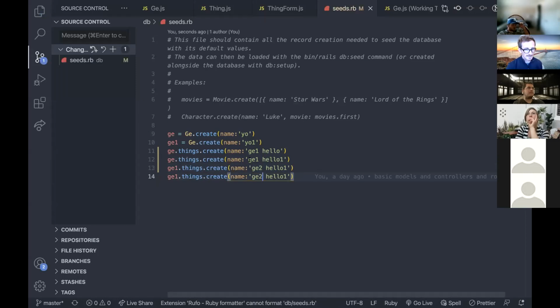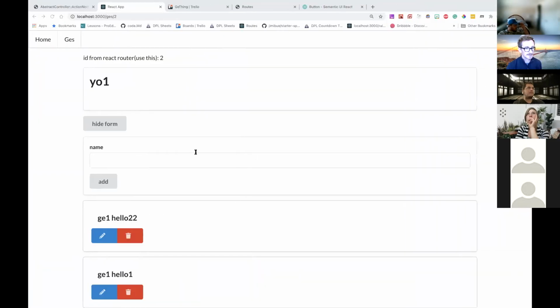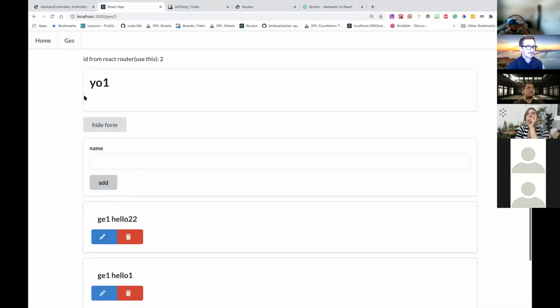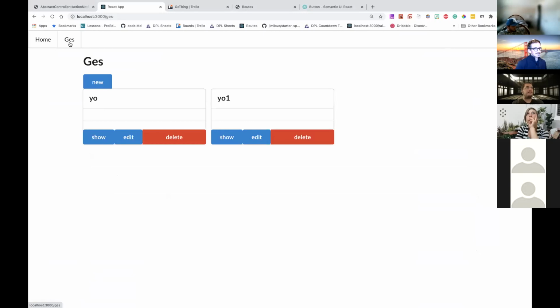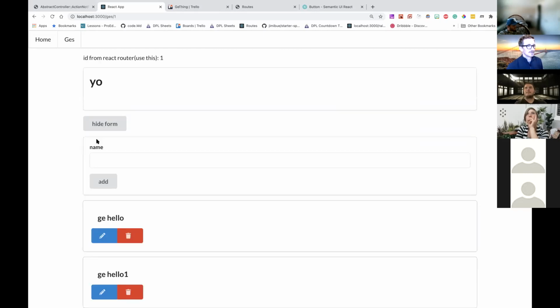My seeds file was kind of a little skewwhiff, but yeah, this is looking pretty good. I mean, not the UI. The UI looks horrible, but the functionality is good. The UI is not terrible, but